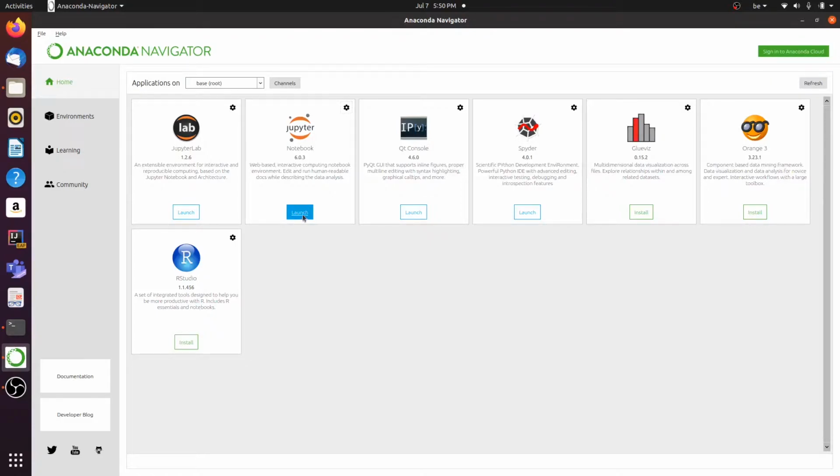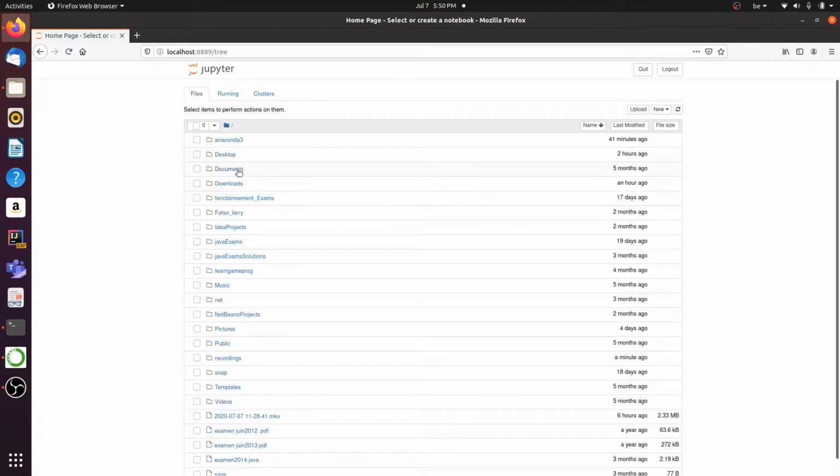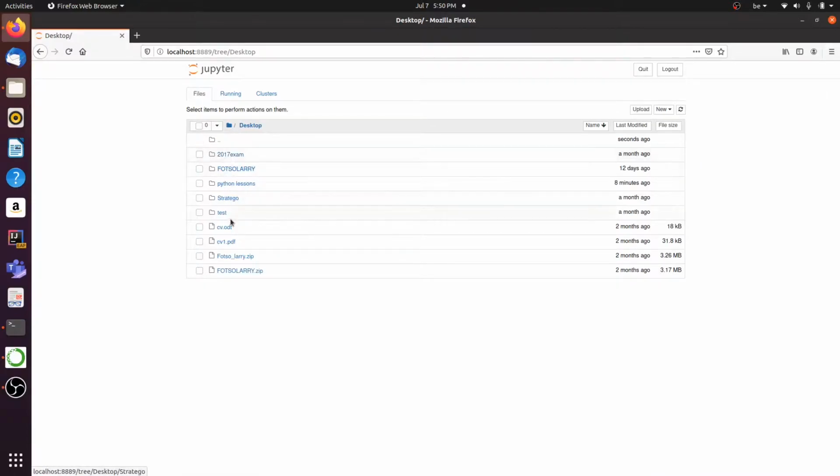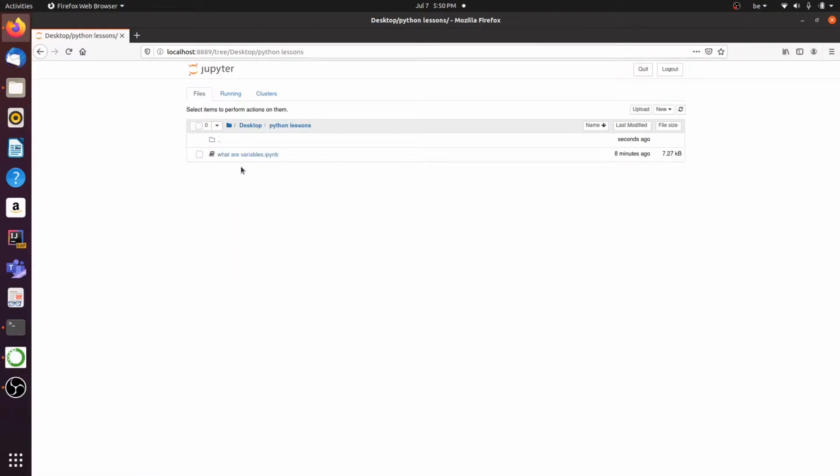So now you just want to click on launch and wait for it to launch, and then you want to click on the library where you want to store your folder. You don't have to do this if you are working on an online compiler. So I will be storing it on my desktop, so I'm going to click on desktop, and I have a folder that I created earlier before this video that is called Python lessons. I'm going to click on it, and I'm going to create a new file,